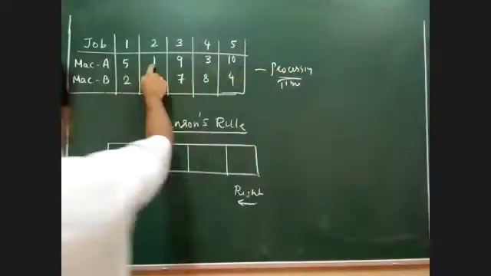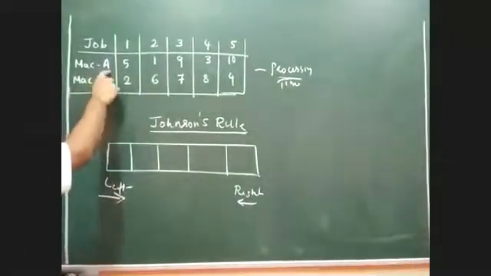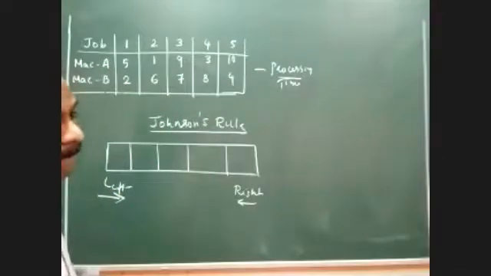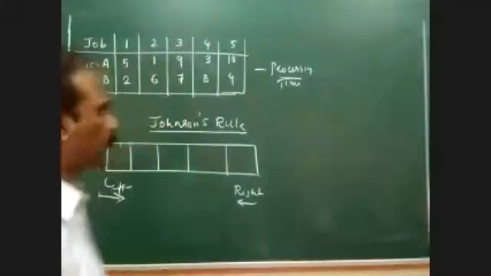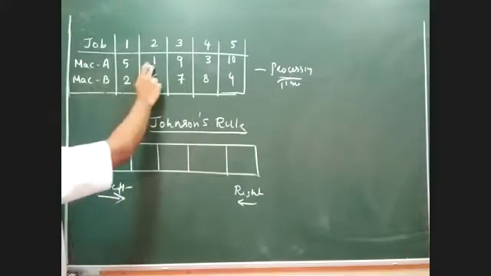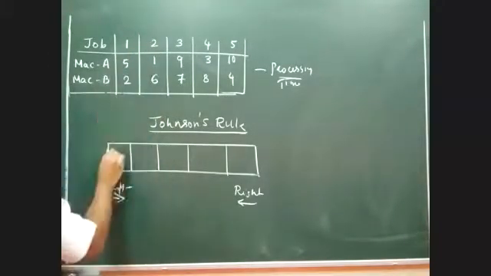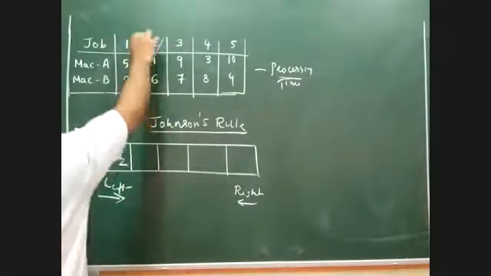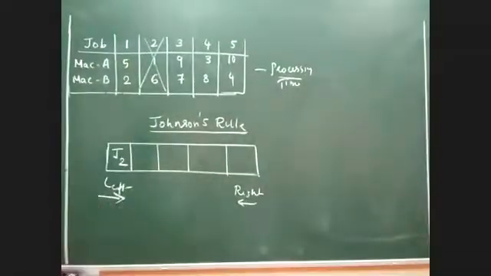Now 1 is the lowest processing time and it happens to be on machine A. So from where am I supposed to assign? Should I go for the left side or right side? Left, sir. Left side. So 1 is on machine A, so the assignment is on the left side. The job with 1 is job number 2. Once a particular job is already assigned, I'm immediately supposed to strike it off. Already job 2 is assigned, order is ready. Now the same process is to be continued in the remaining matrix.